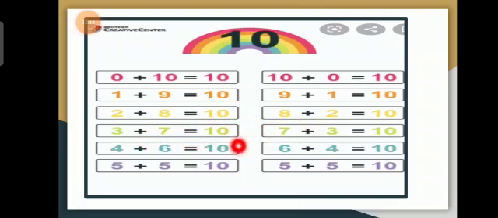4 plus 6, 6 plus 4. The big number is 6. Keep that big number in your mind and add the 4 fingers to it. So 6 plus 4 or 4 plus 6 give us the same answer, that is 10. 5 plus 5. Add 5 fingers and then again 5 fingers. The total is 10. Yes, these are all the numbers which we will add. So the answer will be 10. All the possible addition sentences for 10 are these. Okay?